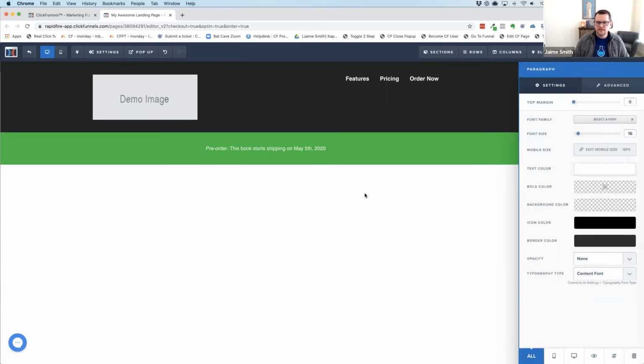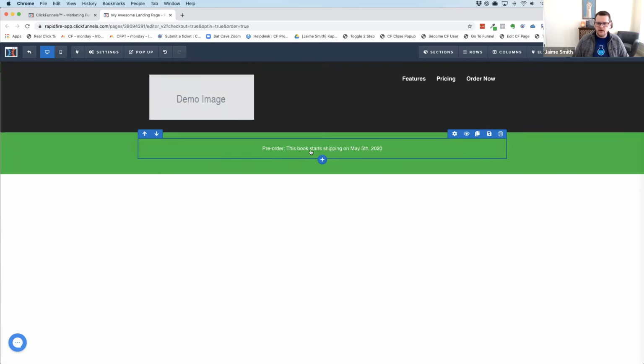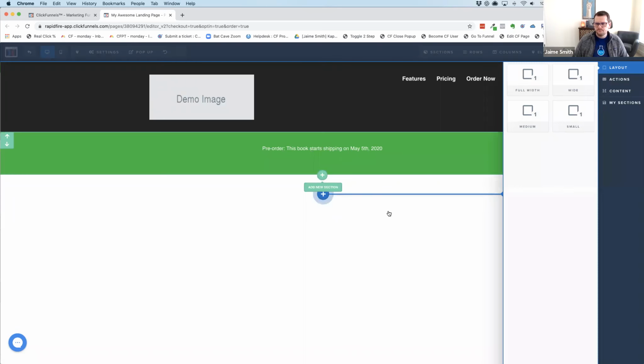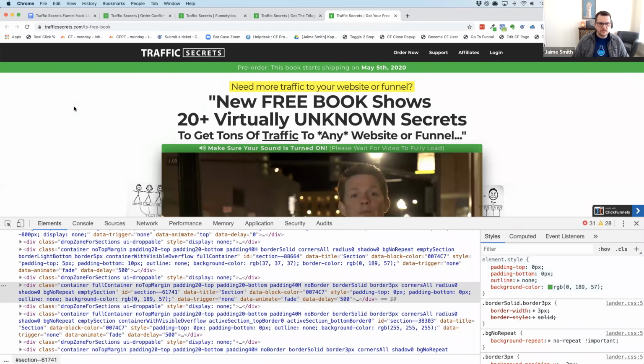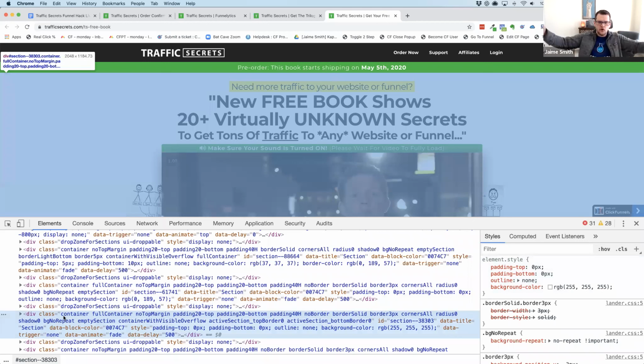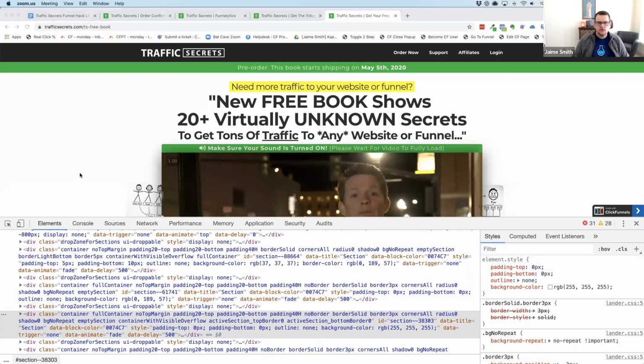Now we've got that. Okay, so we've got those set up, and now we want a third section. And I believe this section is also a full width section. So we're gonna inspect that section and we're gonna see how it highlights. Yep, we can see the blue wraps all the way to the edges. So that means it's a full width section. So we're gonna go ahead and